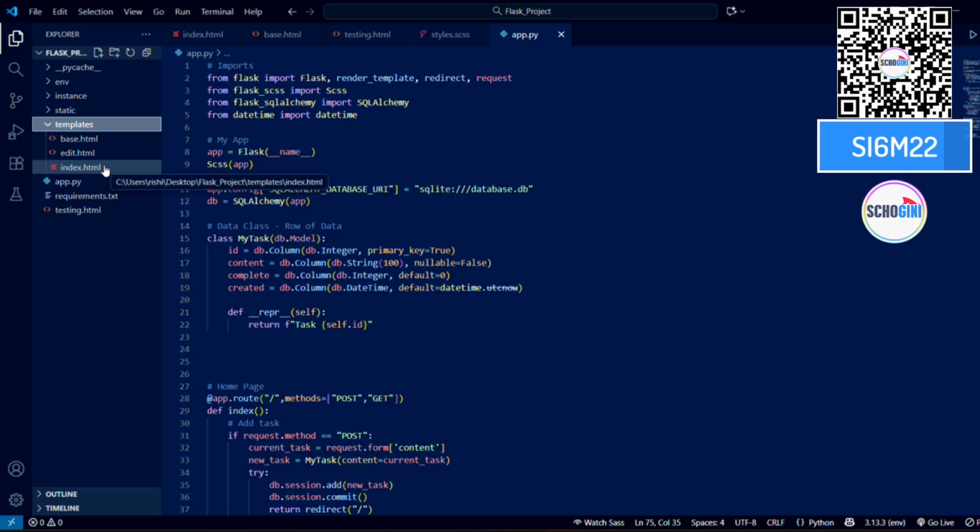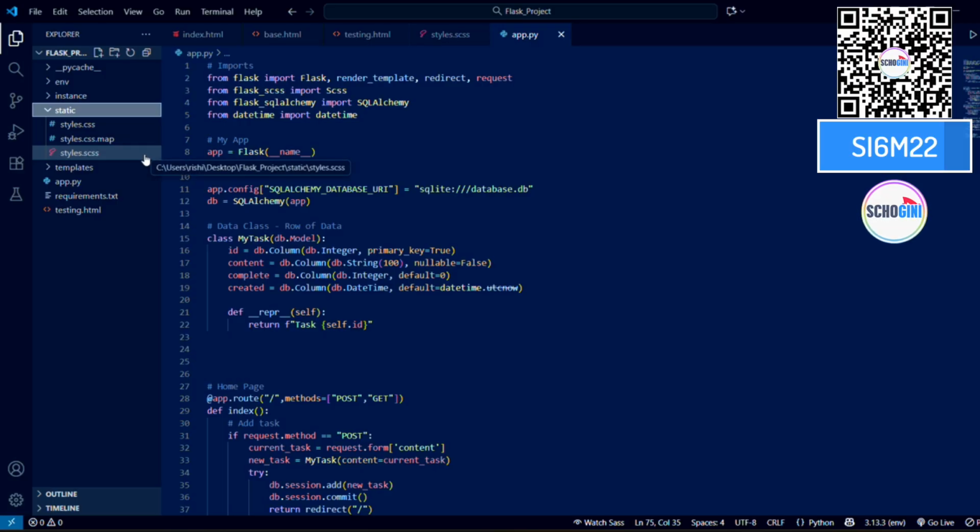These templates would consist of different routes or different pages within our web application. If you look at any website in general, each and every website would usually have multiple pages together. One application would consist of different web pages, right? And these are the templates for each of those web pages. That's the concept of it, basically. And in the case of static, we have our style sheet, right? In my case, since I'm using Sass, I've created another style sheet called